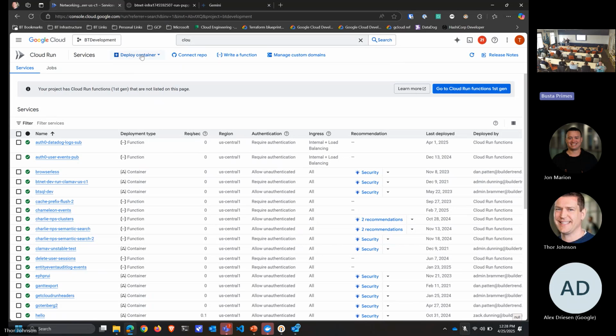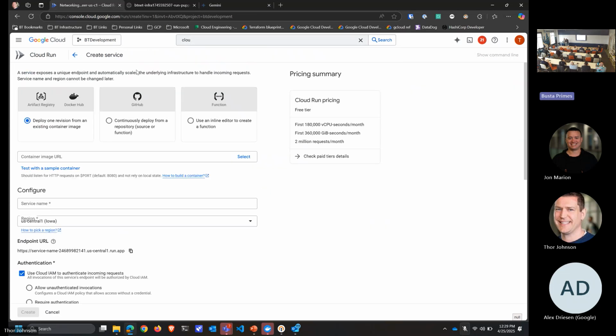So this is the GUI. And like I said, you can deploy it in YAML. You can deploy it with gcloud. And everything is a manifest. So if you want local networking, I'll show you that too. So let's just deploy a quick service. And you have options. And then just to put it out there, it was announced at Google Next. There's no documentation out there yet, but they say it's coming. It's going to be the workloads.